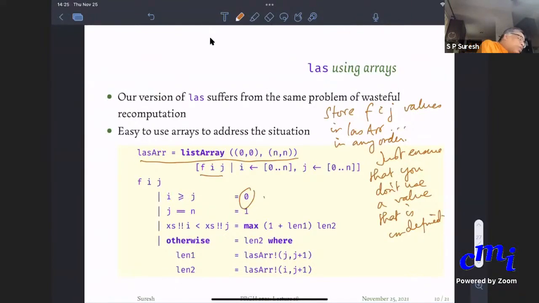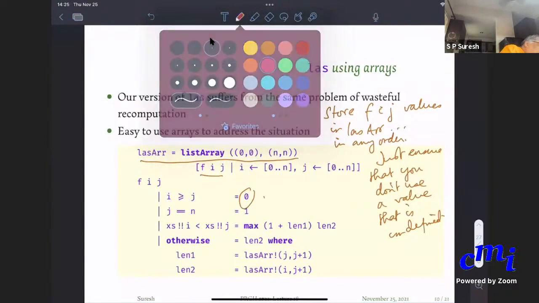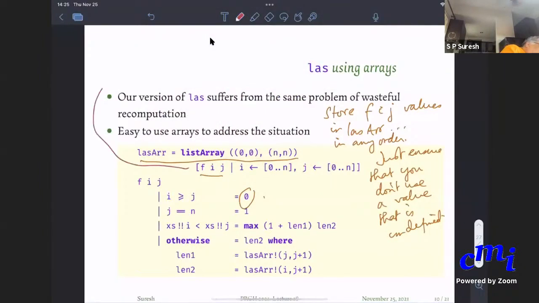Because you need to be very careful about the important point. Let me change color. Order of elements in the list is important. Why is order of elements in the list important?